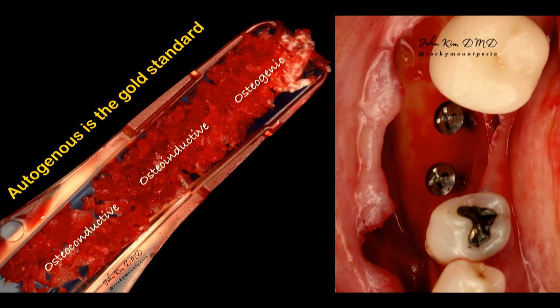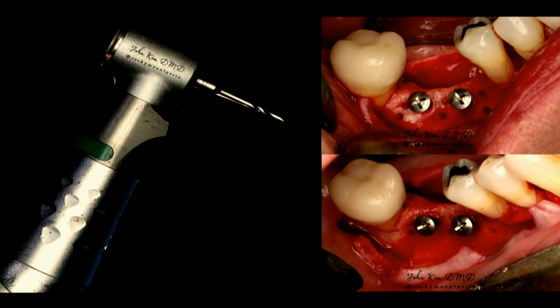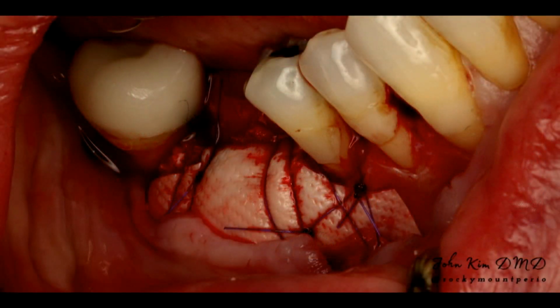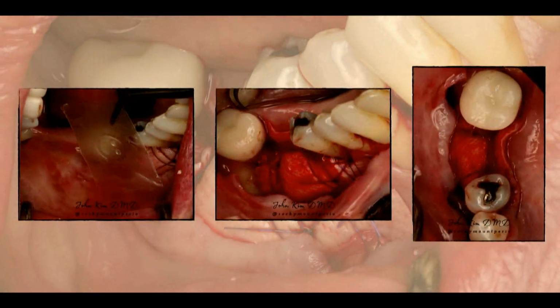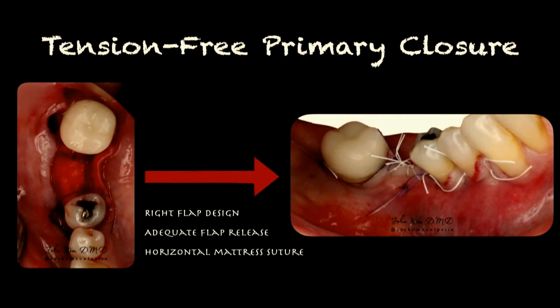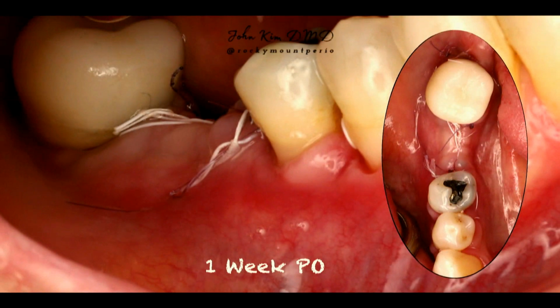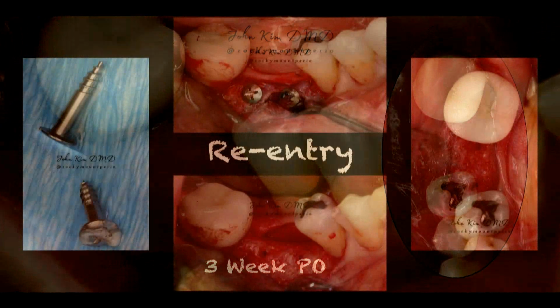And I also incorporated using 2 tenting screws for space maintenance and also to act as a scaffold. And proceed as I did in a prior surgery. Got my intramarrow penetrations and got my sticky bone, put a collagen membrane that has a longer barrier effect. And as I had more riding on this procedure, with more hardware in there, I wanted to make sure we were going to have no chance of any exposure, and I really see the positive effects in minimizing my complications when I use biologics such as BioXclude. So you can see it draped over the collagen membrane and get that tension-free primary closure in order to allow for some uneventful healing that we'll see at 1 week, 3 weeks, and